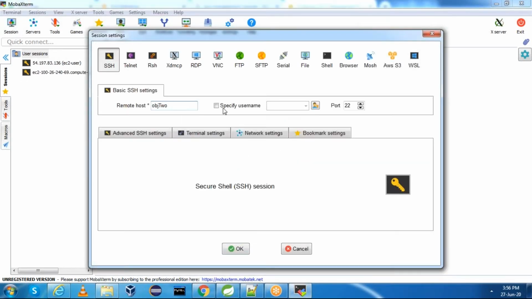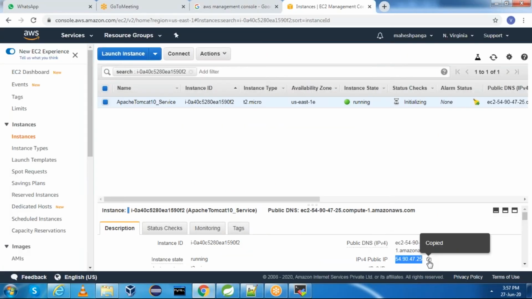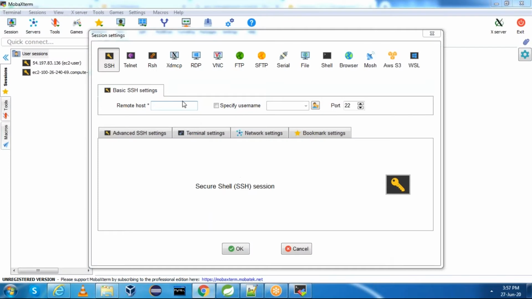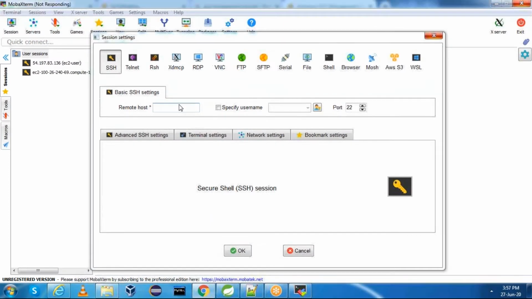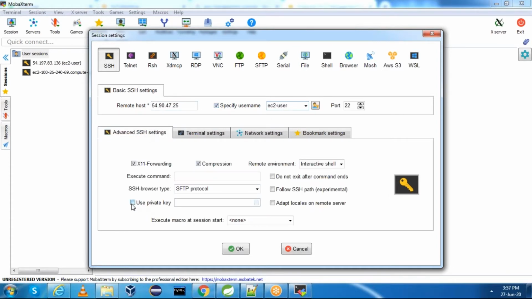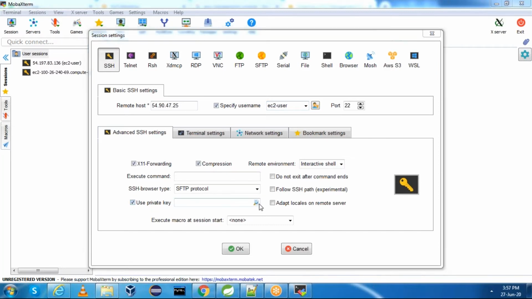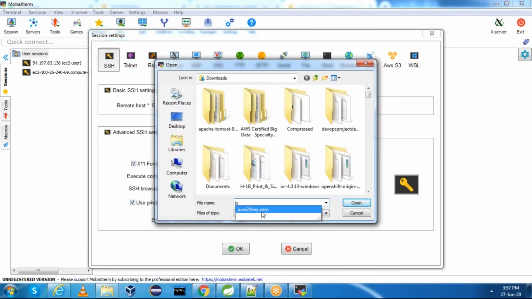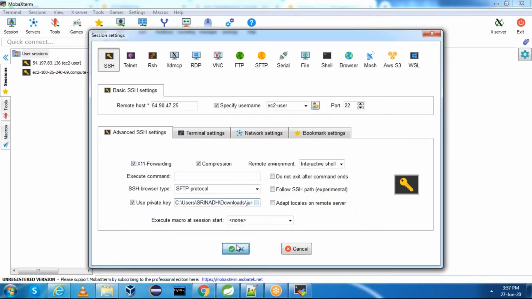This is the remote host. Specify username, ec2-user, advanced SSH settings, use private key. This is the private key.